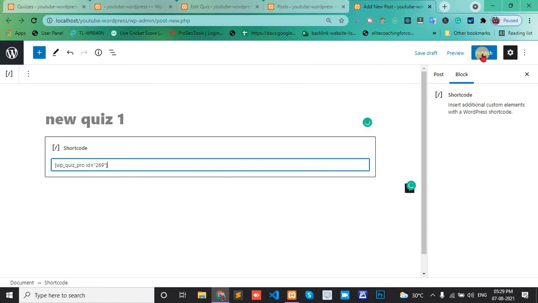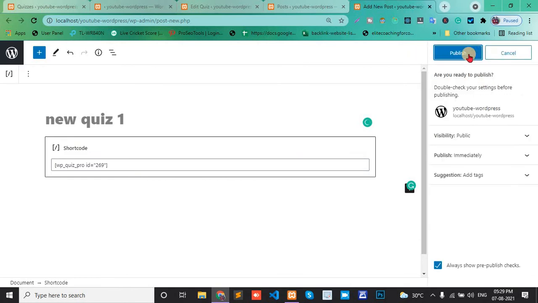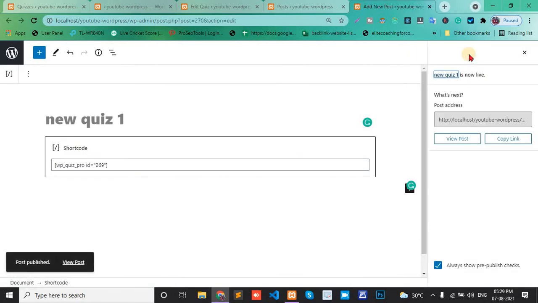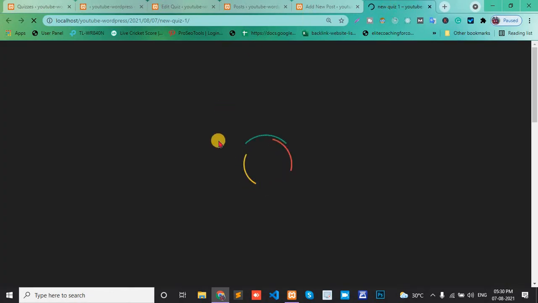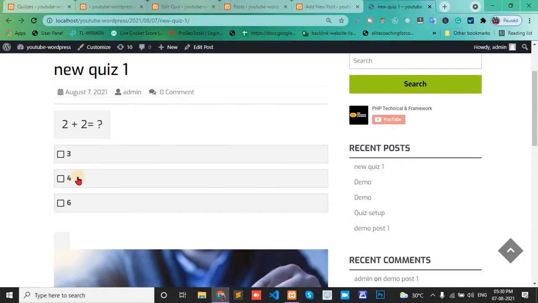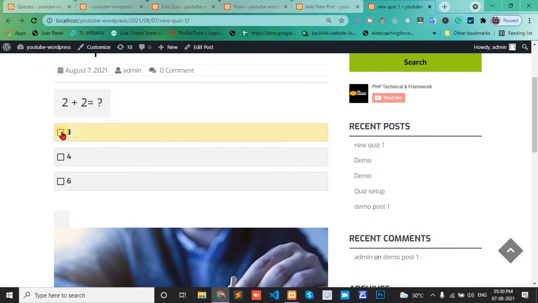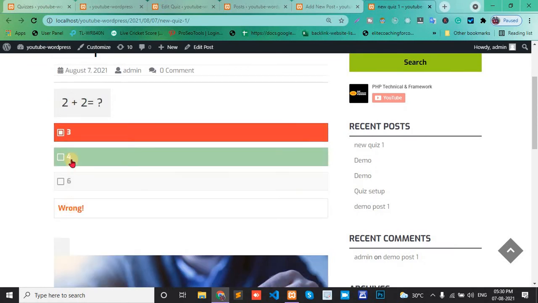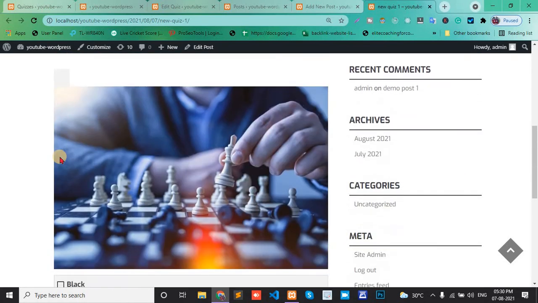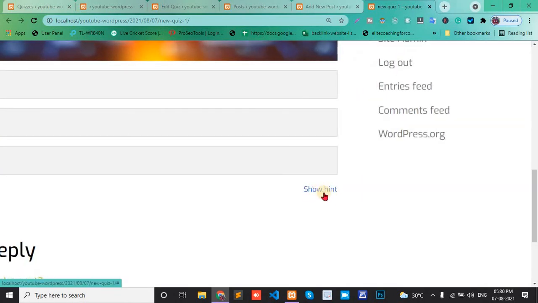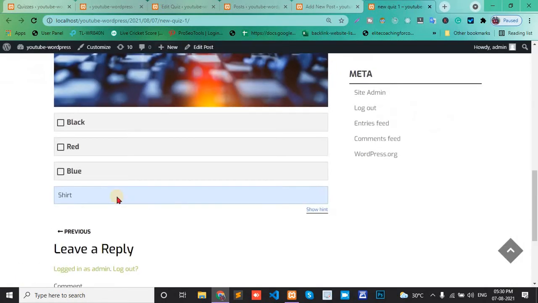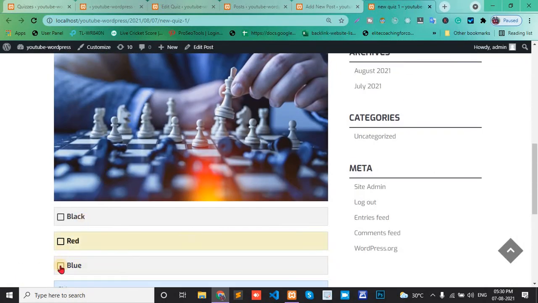Paste the shortcode here and publish. And view post. Here we see three wrong. Show the hint. Here we see the hint. Click the hint: shirt, blue.